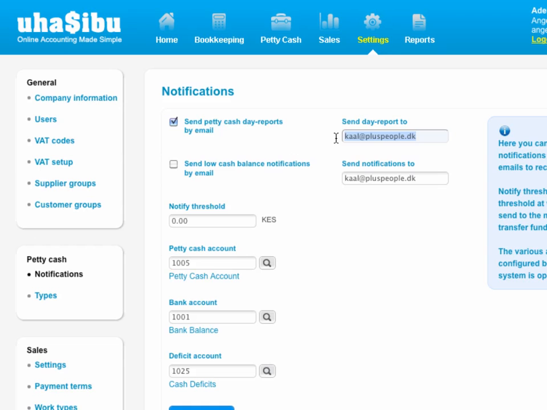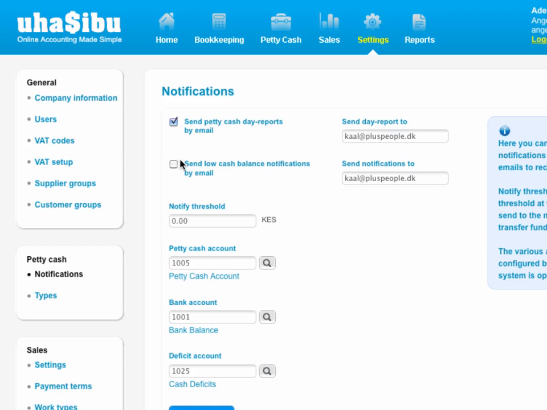the notifications. The purpose of the Send Petty Cash Day Report notification is so that when you click Close of the Day on the Petty Cash, a detailed report is sent to the manager or whoever's email address you have specified, indicating all the expenses and deficits of that particular day, and in this way, ensuring accountability and good record